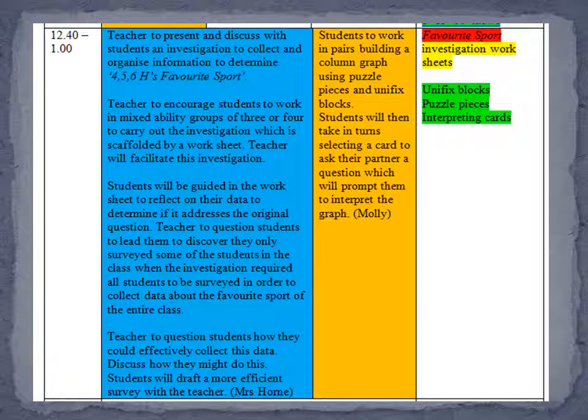Hands-on resources are used during collaborative learning with Year 4 and Year 5 students completing an investigation where they'll discover for themselves that the data they have collected does not adequately address the reason for collecting the data. This strategy allows Year 5 students to further build on the prerequisite knowledge if they are not achieving the standard of their year level currently.